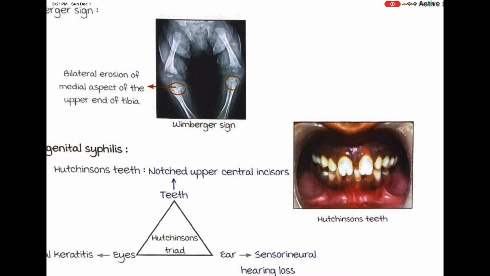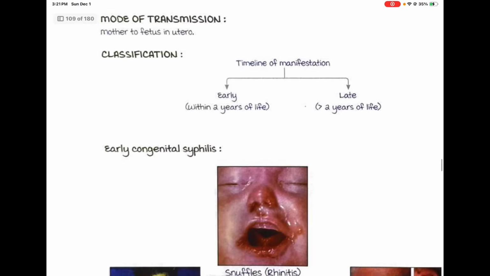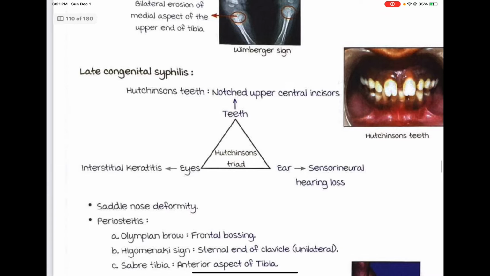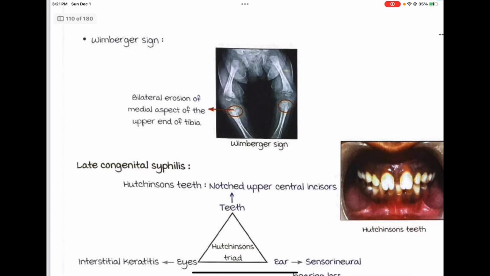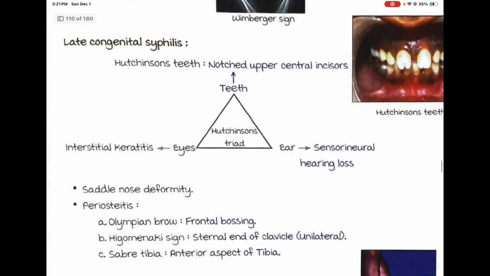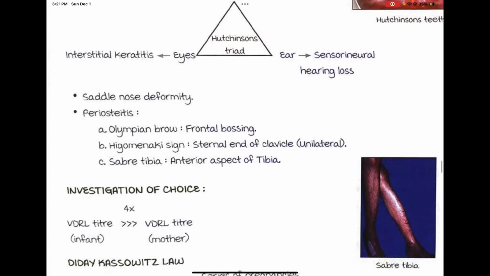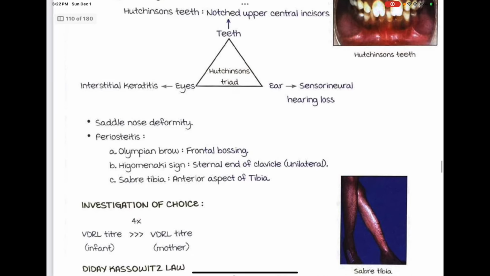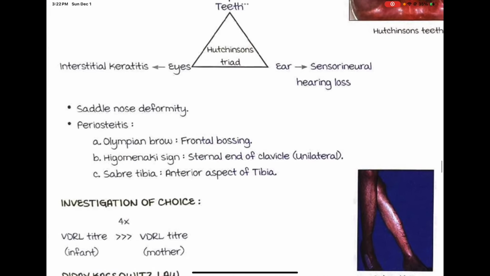So you saw that early syphilis was within 2 years and late syphilis is after 2 years. So after 2 years, what do they show? Late congenital syphilis: Hutchinson's teeth, notched upper central incisors. The ear has sensorineural loss, interstitial keratitis in the eyes, saddle nose deformity, periosteitis, Olympian brow,